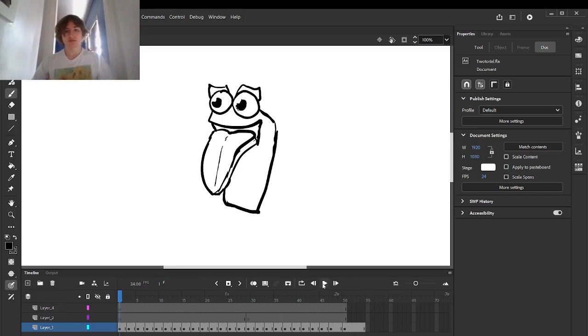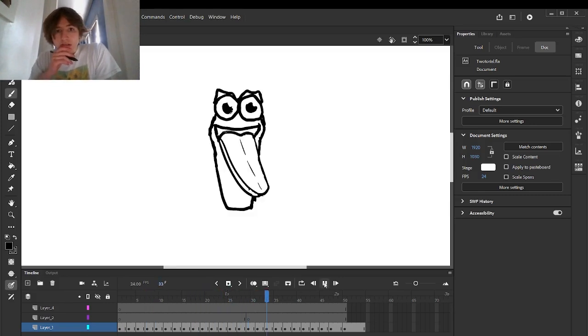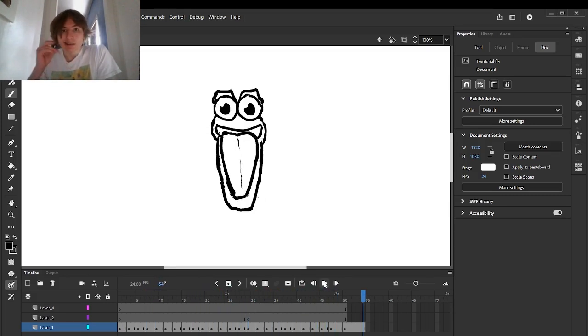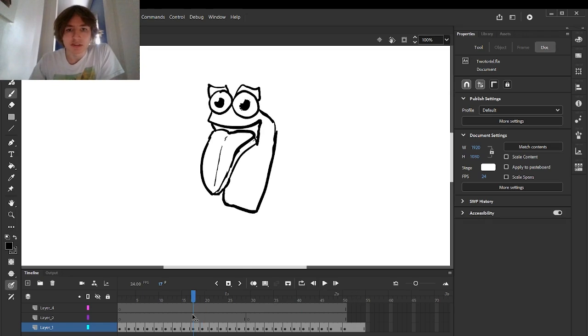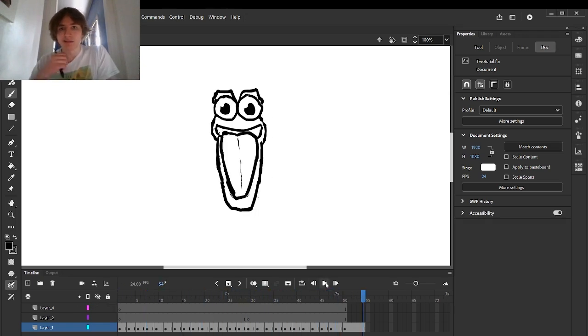So here is what my animation looks like after cleanup. Now, it's still a little bit rough. I'm leaving it like that, and I'm just going to clean it up enough to color while I'm coloring. But if you'll notice, I did clean up at least the spacing of the frames, and it feels a lot